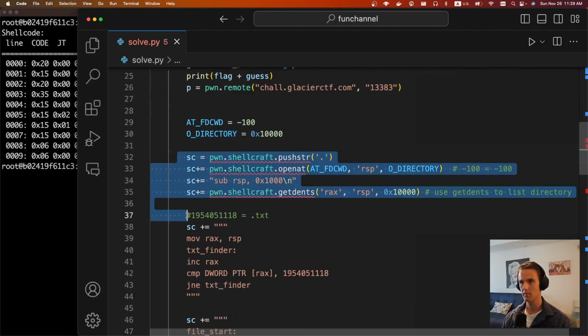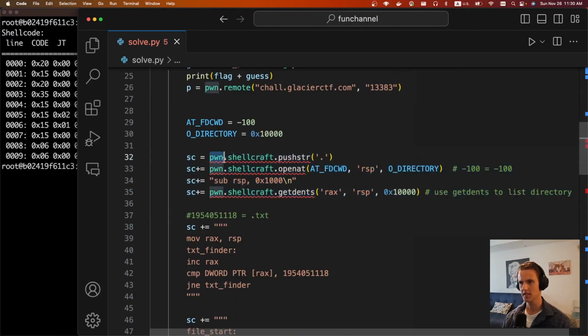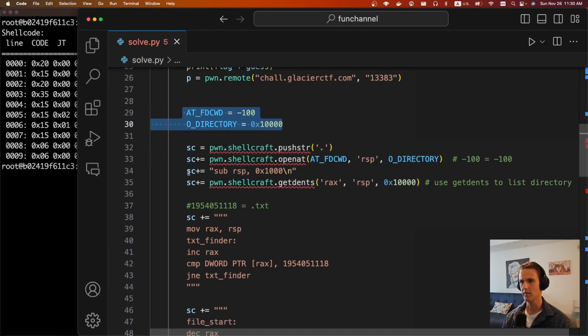So I used shellcraft from pwntools, makes a lot of stuff really easy. First part of the shellcode is I'm going to push the current directory, then I'm going to do an openat, and so I'm going to say at the current working directory, open the directory period, just the current directory using the O_DIRECTORY flag. You find these through just Googling. Then I'm going to allocate a bunch of space on the stack, so subtract 0x1000 bytes from RSP, then call the getdents